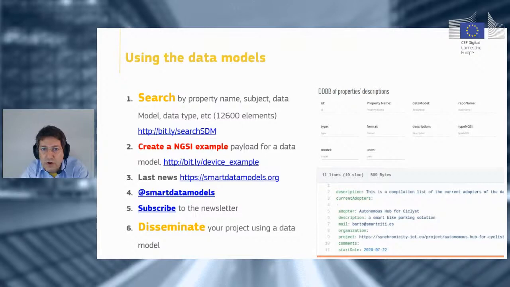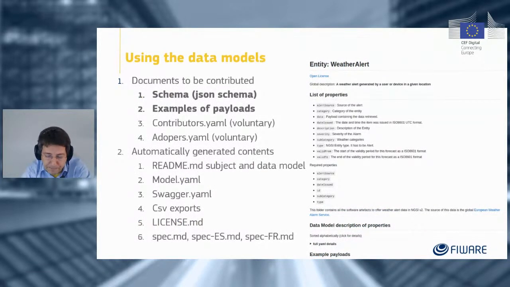And now let's move into what can you do if you want to contribute new data models. Okay, first of all, there are 2 elements, as I've mentioned, which are mandatory. First is the JSON schema, which, remember, is the single source of truth. So the descriptions of the properties are already there, and examples of payloads. So a data model which has no example is not accepted, and these examples belong to something which is actually working. Because our data models are based on actual use and not, sorry, because I'm an academic as well, in an academic design. So it has to be tested on